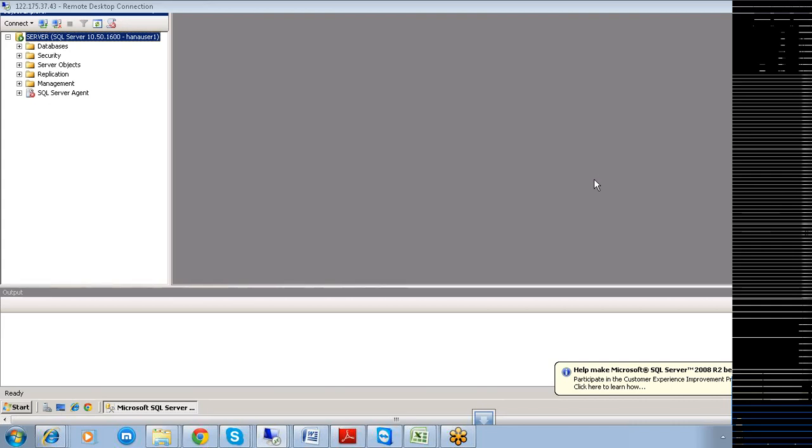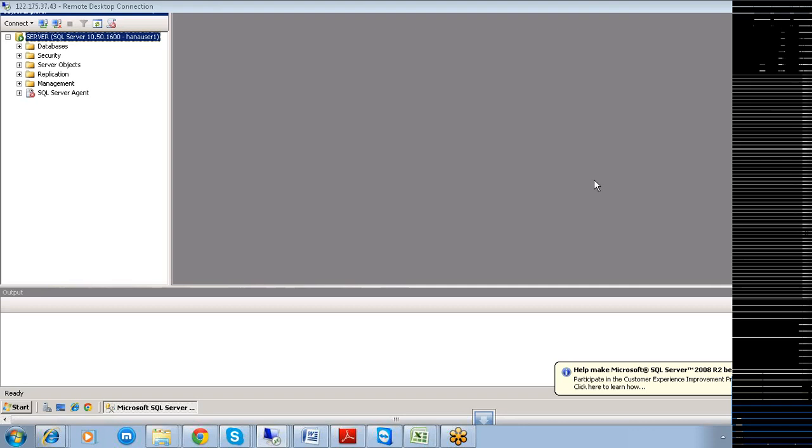Yesterday we confirmed two things. Marvin, please follow carefully. There are two ways of replicating the data: one is through SLT, and the second is through BODS.